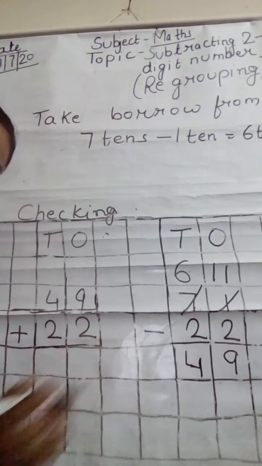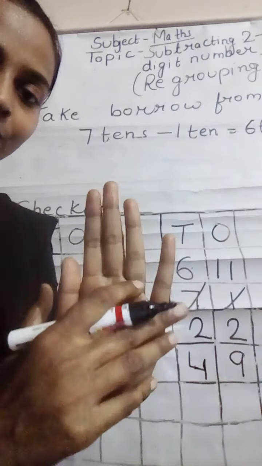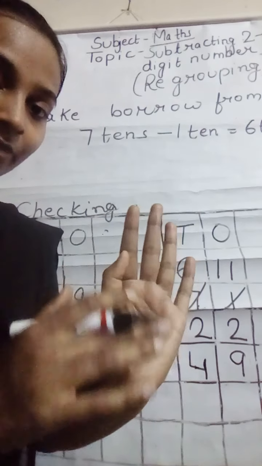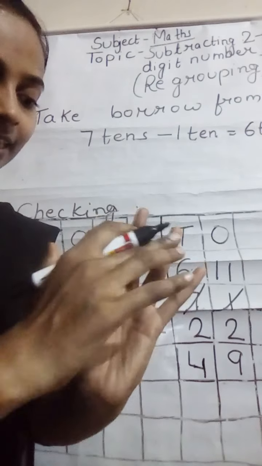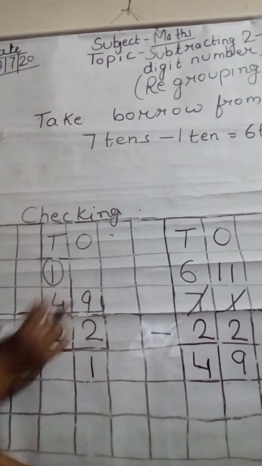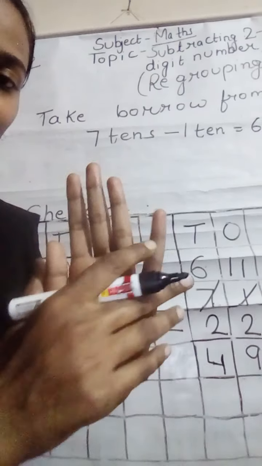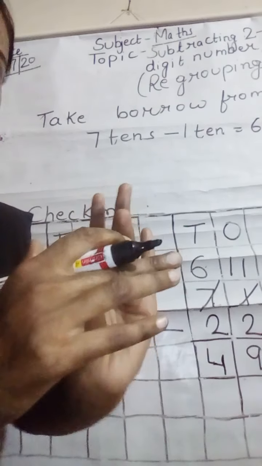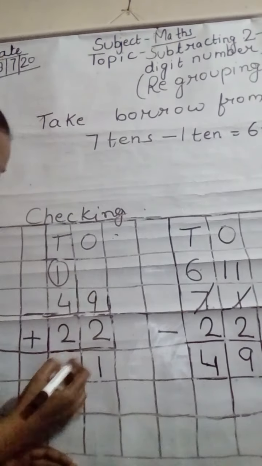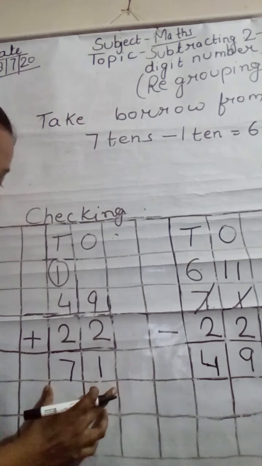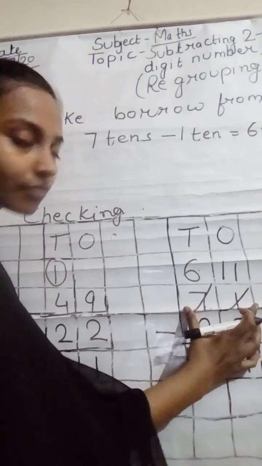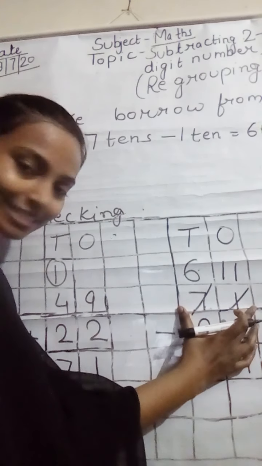Okay, 9 plus 2. 9: 1, 2, 3, 4, 5, 6, 7, 8, 9. Plus 2 means go forward. 1, 2, how many? 1, 2, 3, 4, 5, 6, 7, 8, 9, 10, 11. 11, 1 is in the tens column. Then 4 plus 2. 1, 2, 3, 4 plus 2, 1, 2. 1, 2, 3, 4, 5, 6. 6 plus 1, 7. 71 is the sum in this addition, and 71 is the first row of this number,